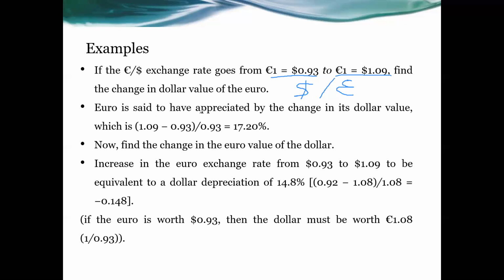Now look at it. The euro is said to have appreciated by the change in its dollar value, which is now $1.09 per euro, and earlier it was 0.93 per euro, divided by the old value, and you will get the percentage as 17.2%. That means in terms of dollars, the euro is getting appreciated by